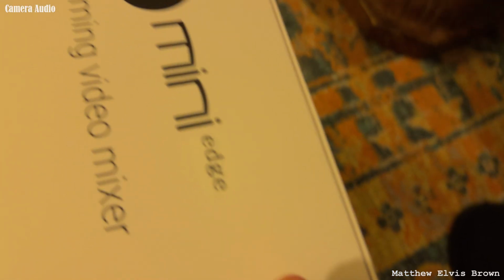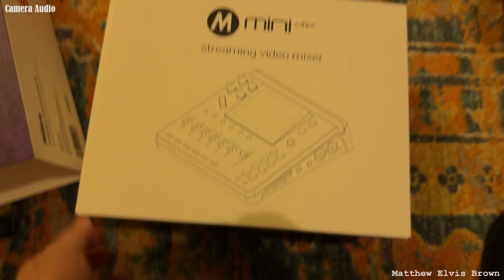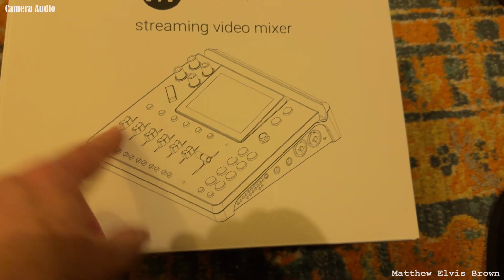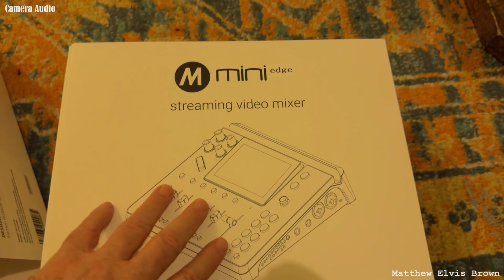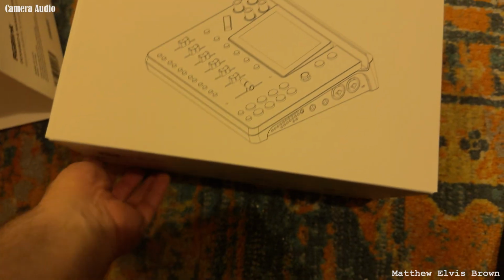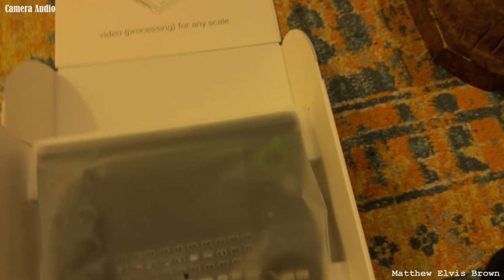Blimey, it's blooming an art in itself doing these one-handed unboxings. You can see the edge thing's just been stuck on there. It's actually a sticker. So it's the box for the MX. They're just using the same packaging, because if you look at the MX, it's more like a mixer, an MX mixer with channels. So this is the audio component and the video components around the edge. Whereas this one, when we finally get there,